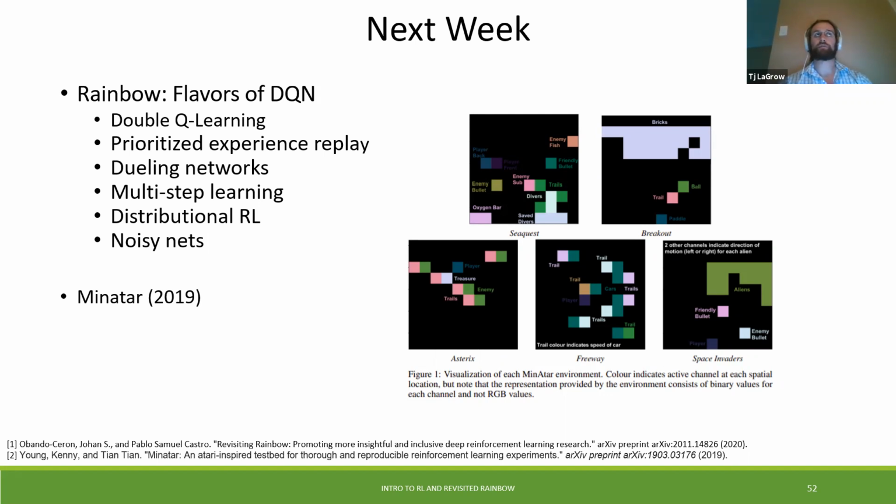And so this way you don't need the massive server farms to potentially be able to compute and get the same empirical examples and observations that you do from the original paper. And so we'll be talking more about these flavors and why they matter and what kind of improvements they make next time. But I will pause here.